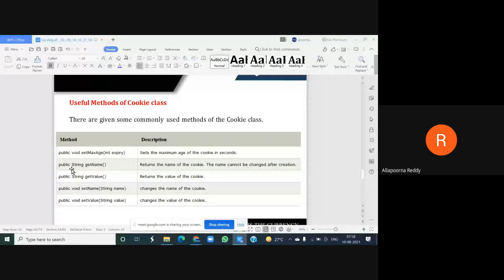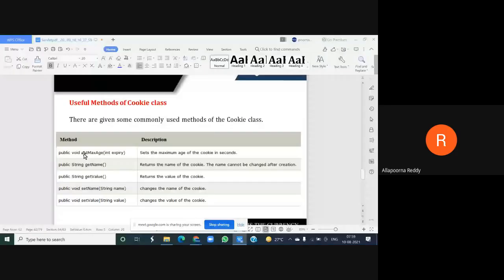In the parentheses, you give the expiry of your cookie with the data type integer, and that expiry will be in what format? In the format of seconds.